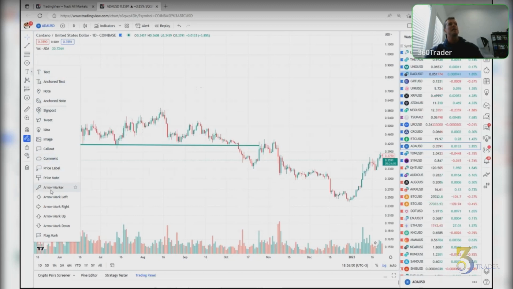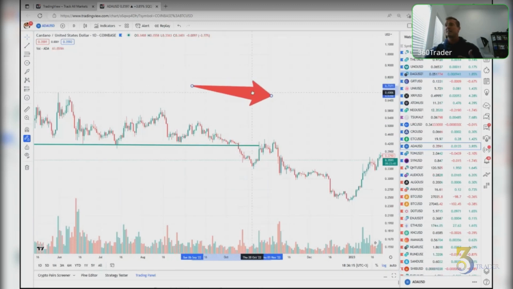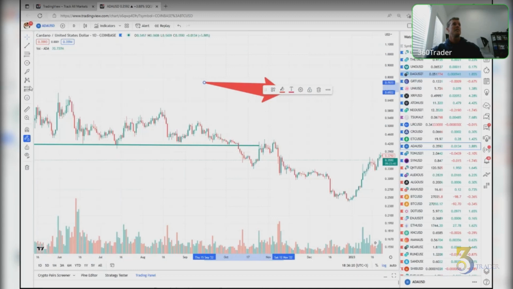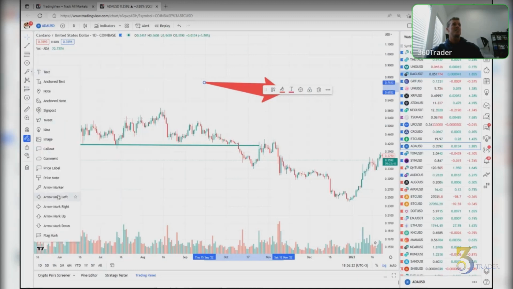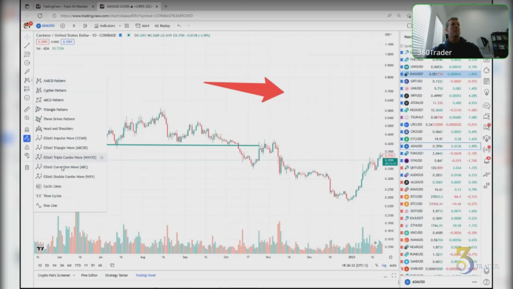What else? Oh, my lovely arrow. Bam. Arrow. I use this a lot to point to things or put things into perspective for you to pay attention to, like volume. I use this a lot for your information so you can see what I'm talking about and look at key areas. But that's pretty much it, text and my arrow. If you want to play around with this stuff, feel free. This one right here, I don't use none of it.